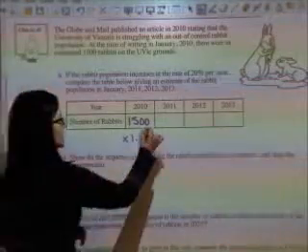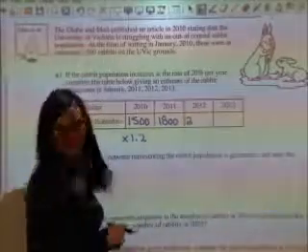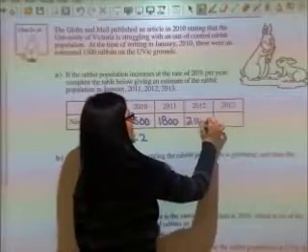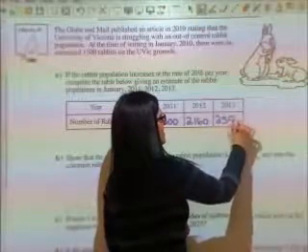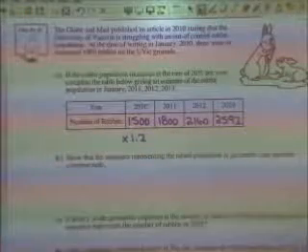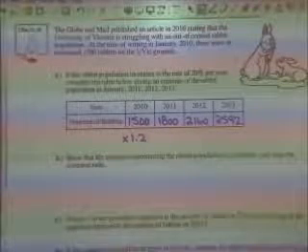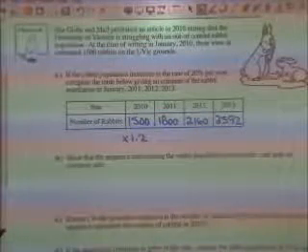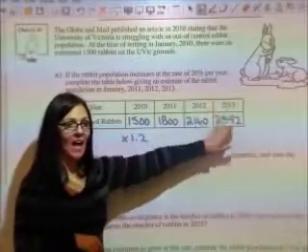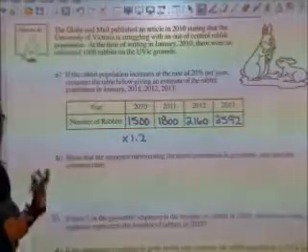1,800. And 2012? 2,160. And 2013? 2,592. So you have a growth of more than 1,000 rabbits in a 3-year time span. This is just the growth rate. It doesn't take into account what the mortality rate is. You could have up to this many rabbits. Chances are you wouldn't, because there would be natural